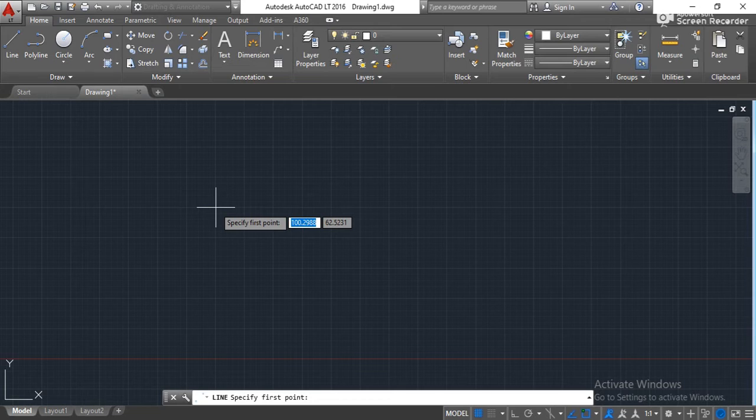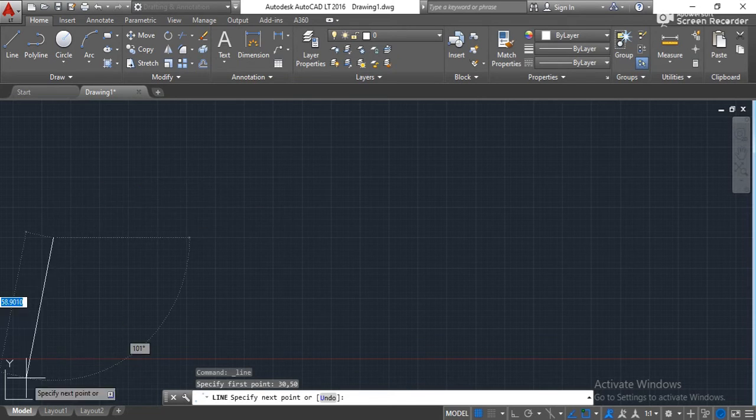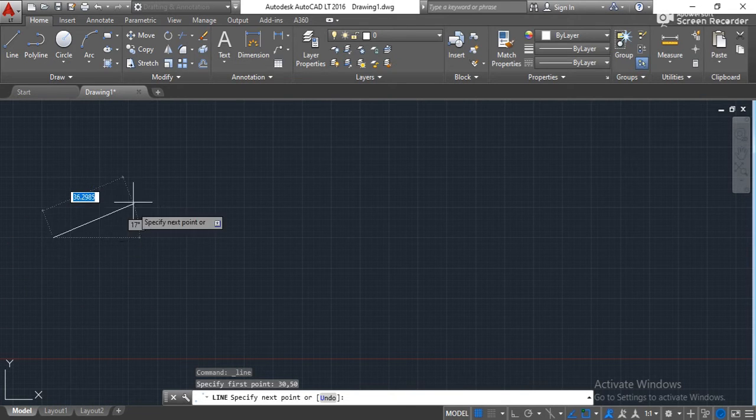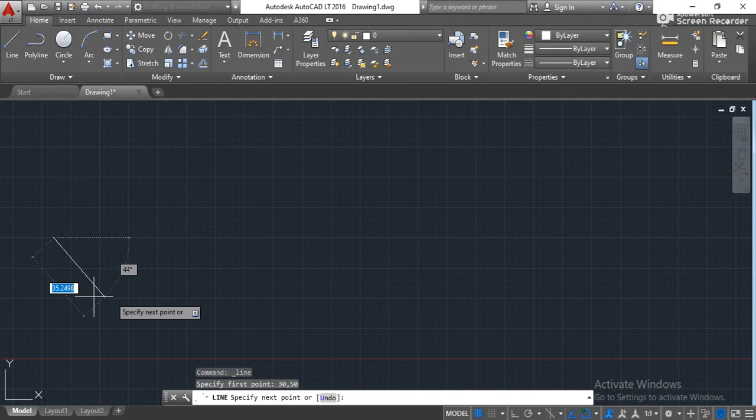Let's say I am entering coordinate 30, this is my x coordinate, and 50. Now you can see the one point is fixed. Around that I can draw a line.